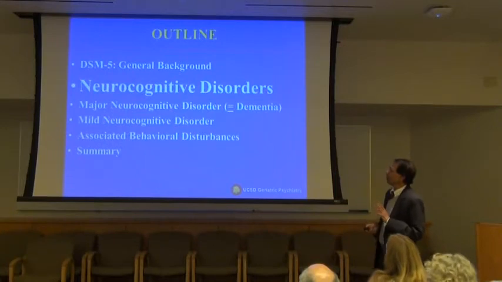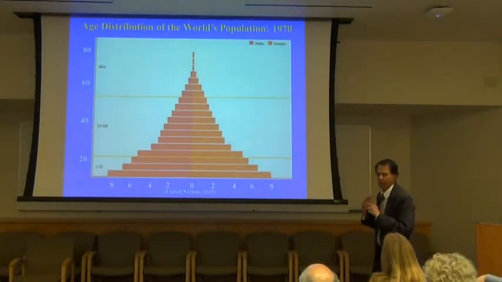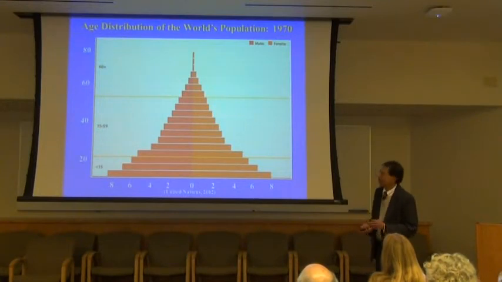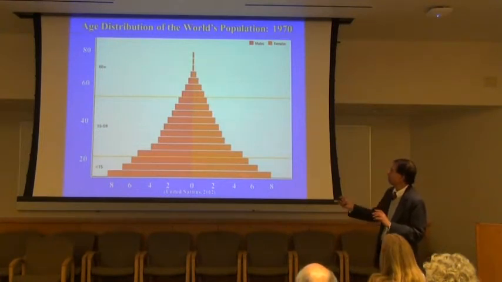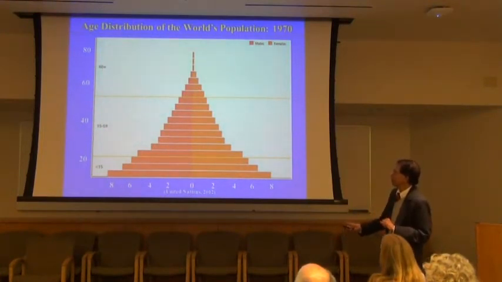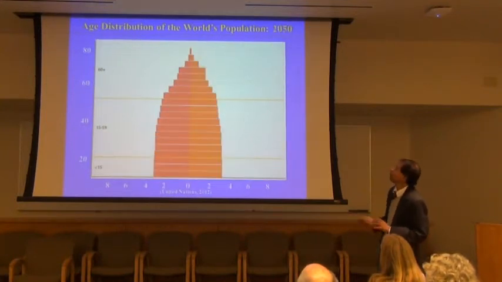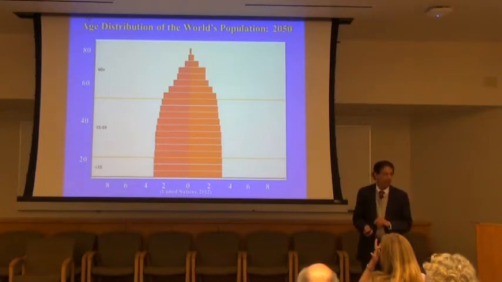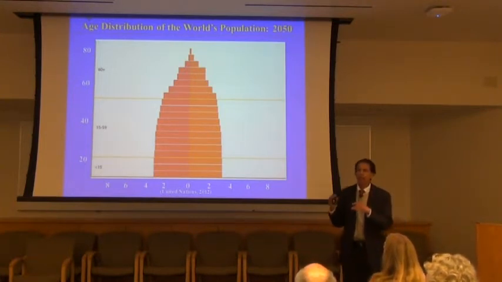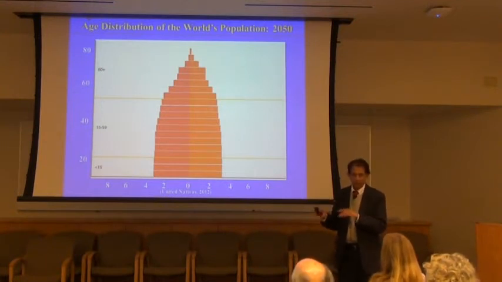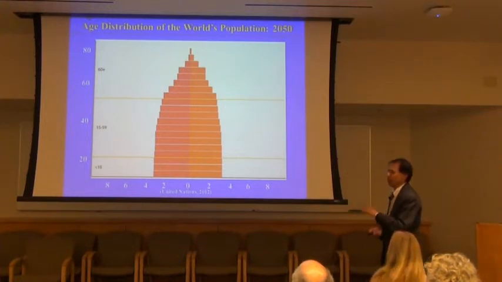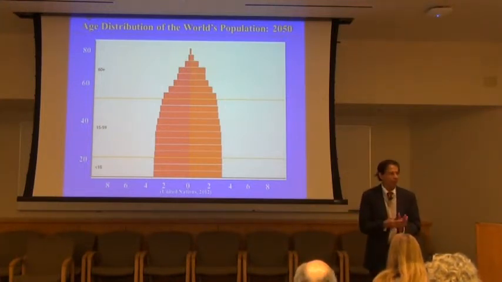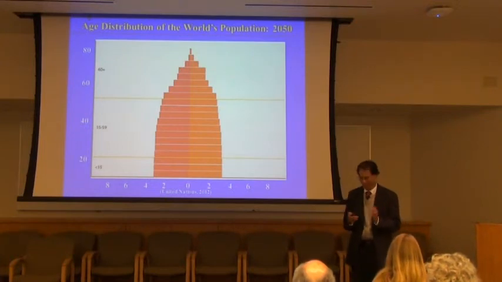Okay. So neurocognitive disorders, why are they important? Because as we all know, the population is aging. This is what is called the aging pyramid. In the world, in 1970, not that long back, this was a triangle. So this is the age range. That means there are many more children and young adults than older adults. This is what it will be in 2050. It becomes a rectangle. There will be more older adults than children under 15 in just a few years. This has not happened in the history of the world. So whether we like it or not, we are all going to be geriatric psychiatrists, psychologists, nurses, social workers.